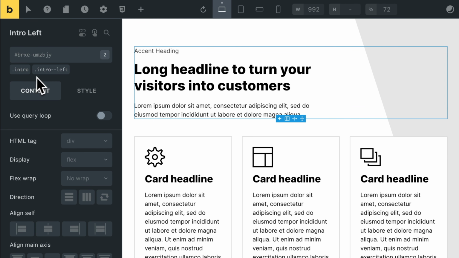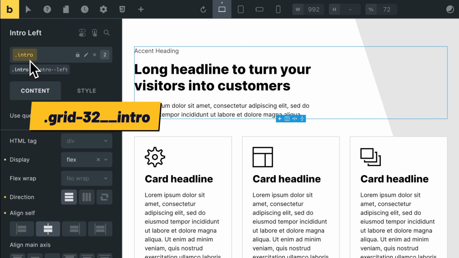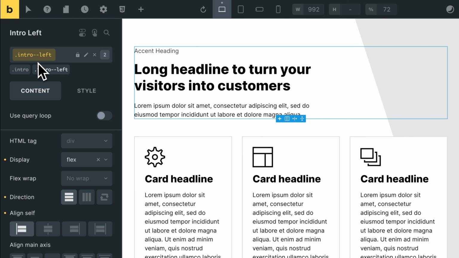See the classes on it? Intro and intro left. Notice that's a whole new top level BEM block class again. It's not grid32 _ intro as you might expect. And this is BEM best practice right here. And a BEM modifier as well, intro _left. That's the M in BEM. Again, if you don't use BEM or you haven't got your head around it yet, don't worry about this. Just know that BricksMaven gets its BEM naming absolutely spot on. And there are lots of thoughtful best practice touches like this all over the templates.